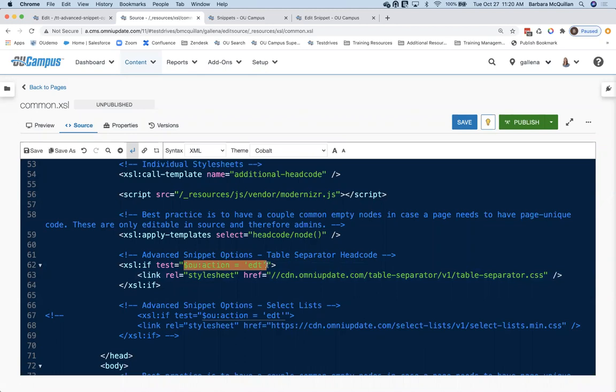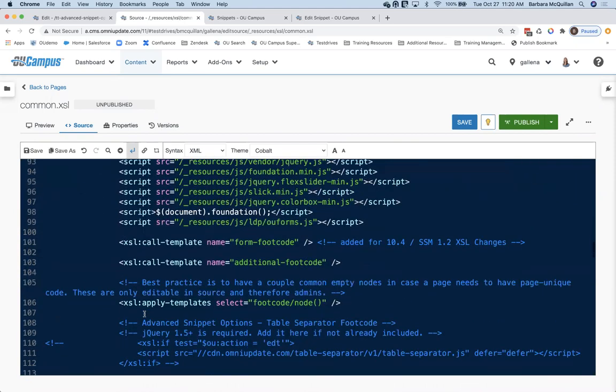So this is just saying when that PCF page is in action mode. If it is in an action mode, then insert this link inside the head code of the page itself. If it is not in edit mode, so if I'm previewing it, if I'm publishing it, if I'm doing a version compare, any of those things, this particular line will not be included. So you don't need to worry about this link getting then published out to your live page. It won't. It is only going to exist when the page is in edit mode. So I need that there, and continue to scroll down on line 108.